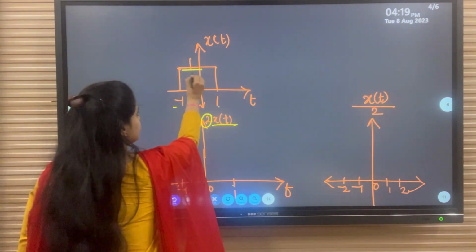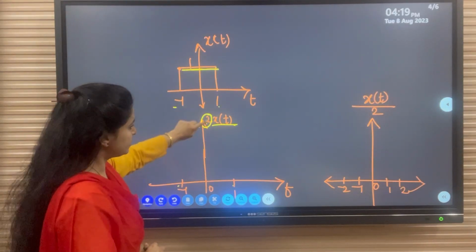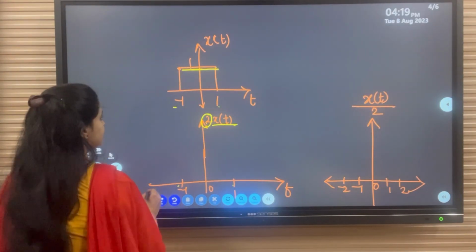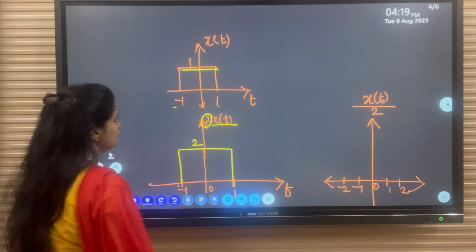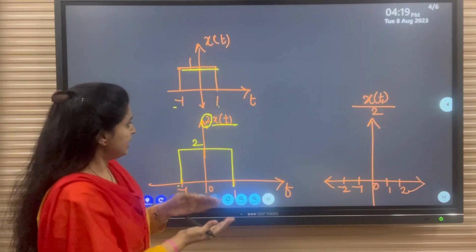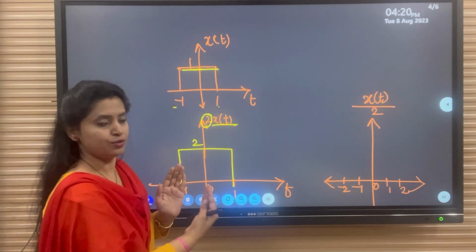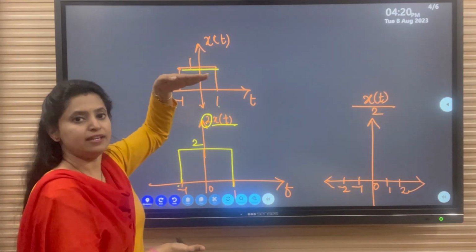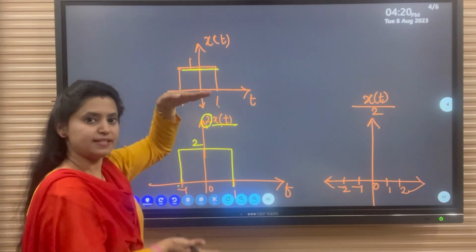So here the signal is having constant amplitude as a 1. So this 1 is multiplied with 2 and then we'll get here the signal as 2. So same signal will be there, only the change is it is increased with amplitude. It will not change in time duration, it will change only in amplitude. So if this is 2 times x of t, it will increase the amplitude.